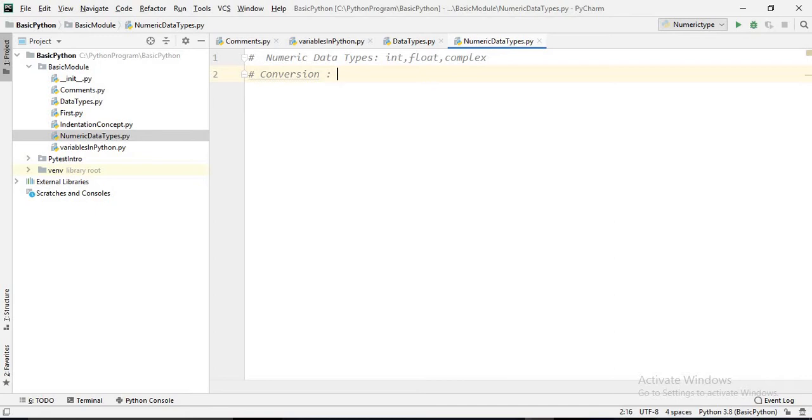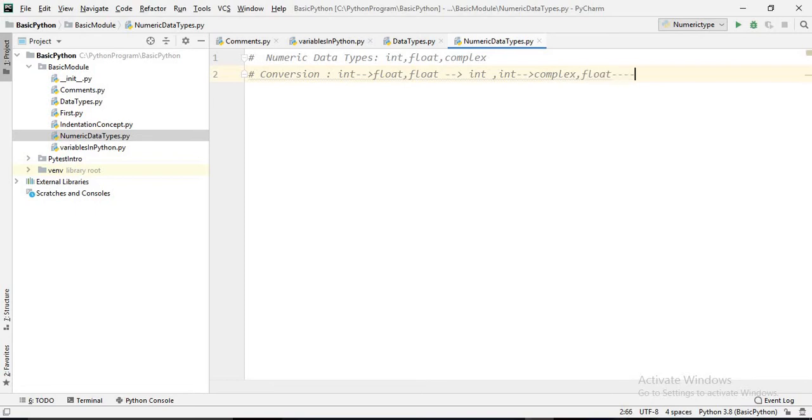Conversion means int to float. How to convert int to float, and how to convert float to int. In the same way, how to convert int to complex, and how to convert float to complex.